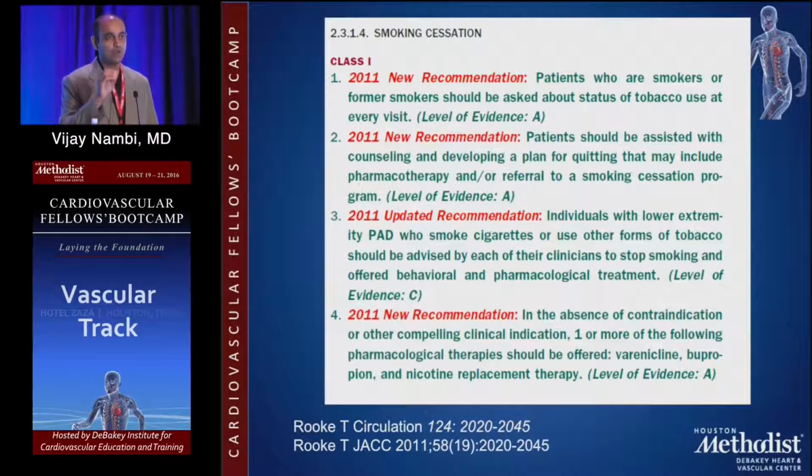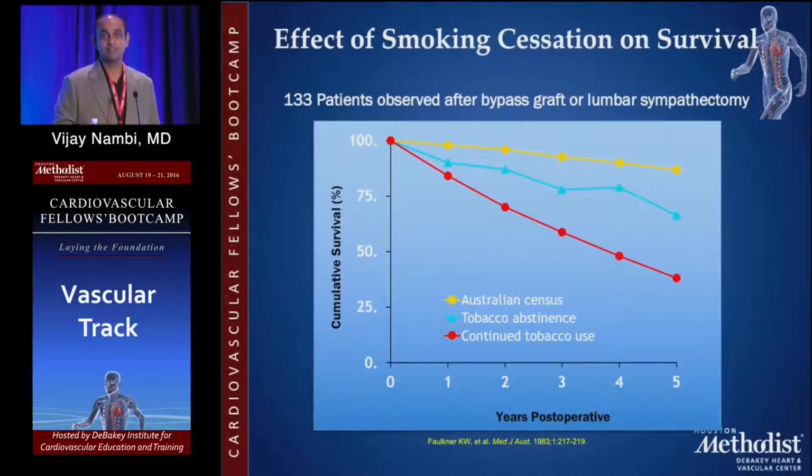Because as you know, one of the key things in prevention of both critical limb ischemia and cardiovascular disease is smoking cessation. So as a clinician taking care of these individuals, this should be emphasized multiple times in every visit and every opportunity you have. And in fact, it's a performance metric. If you are or are not doing these things, it's a performance metric about how you're doing.